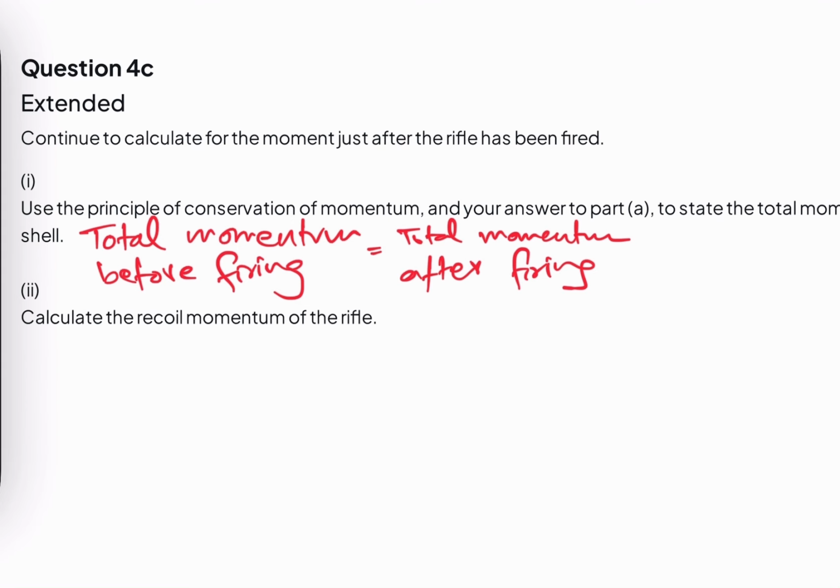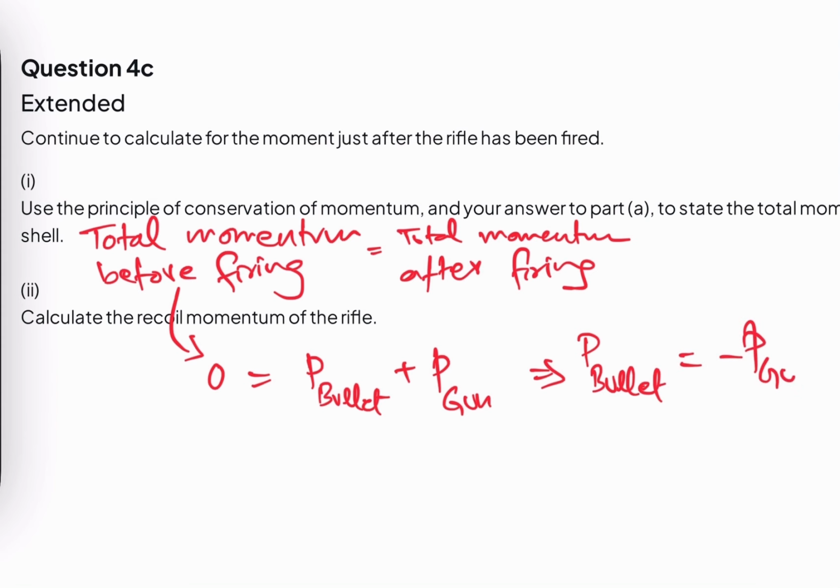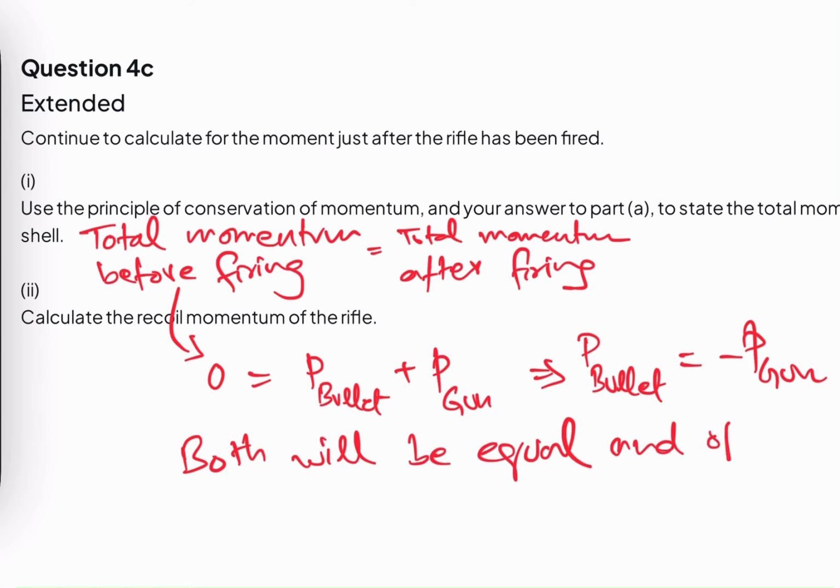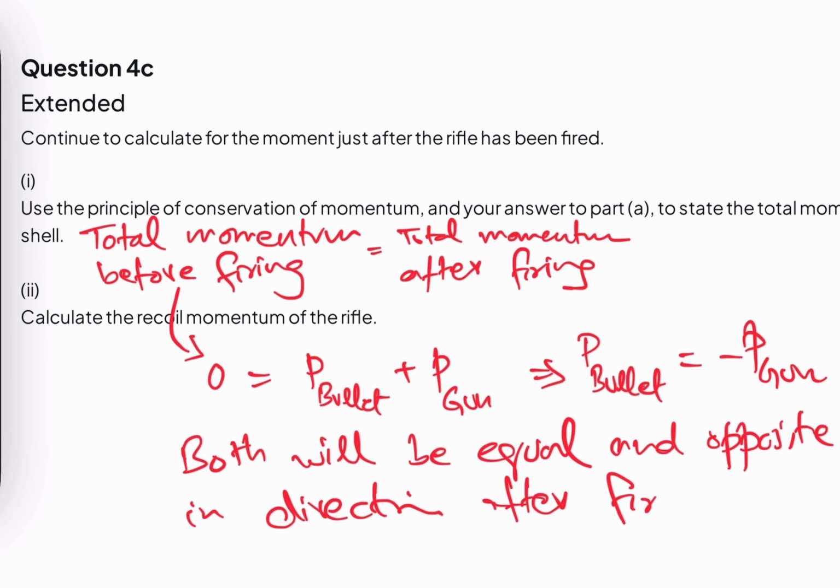Total momentum before firing was 0, so it is 0. So total momentum after firing is momentum of bullet plus momentum of gun. So we can say that momentum of bullet will be equals to minus momentum of gun. So both will be equal and opposite in direction after firing. Okay,